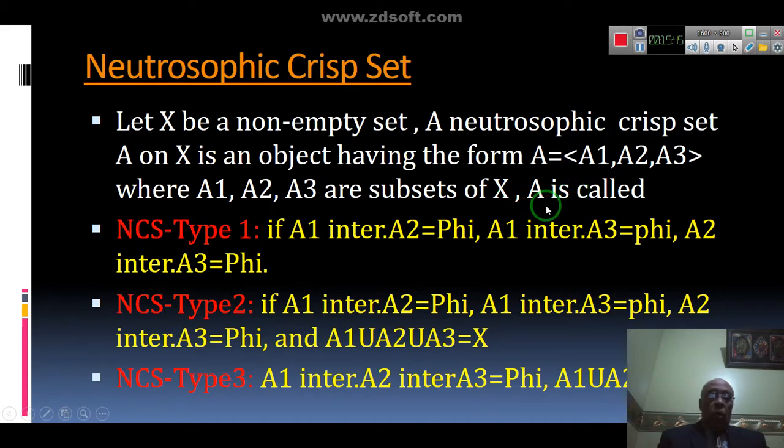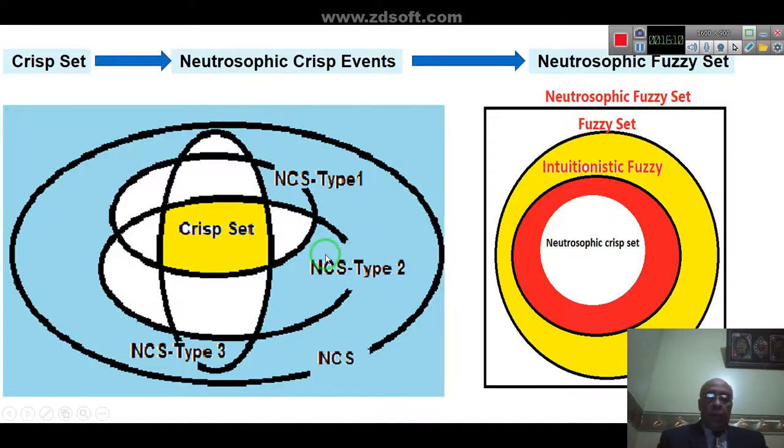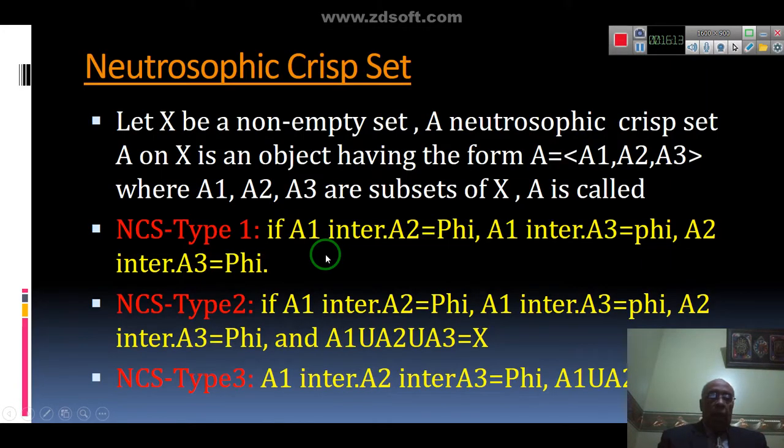A is called a neutrosophic crisp set of type 1 if A1 intersection A2 equals the null or empty set phi, A1 intersection A3 equals phi, and A2 intersection A3 equals the null set phi. The neutrosophic crisp set with type 2,